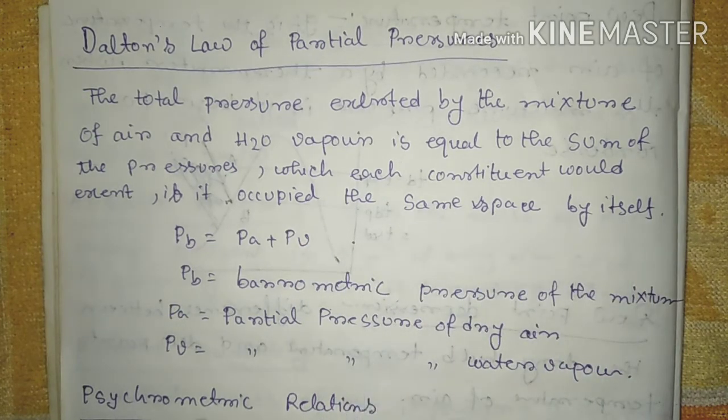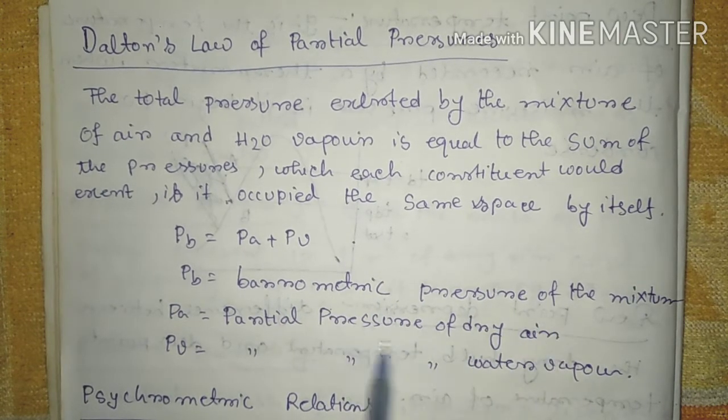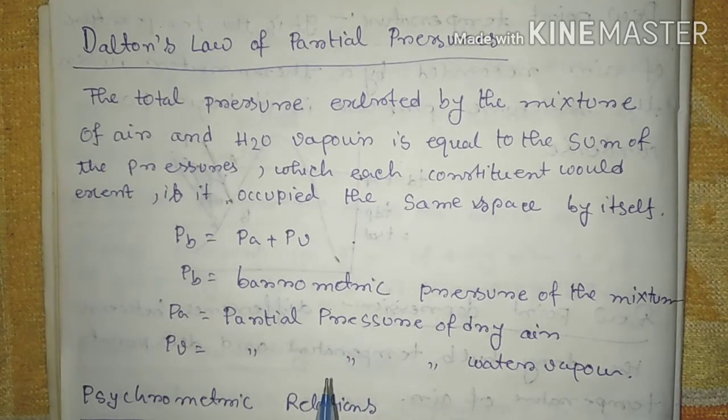Suppose in a sample volume of water vapor and dry air mixture, the total barometric pressure of that sample is the summation of the partial pressure of dry air